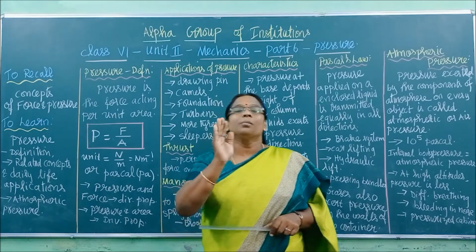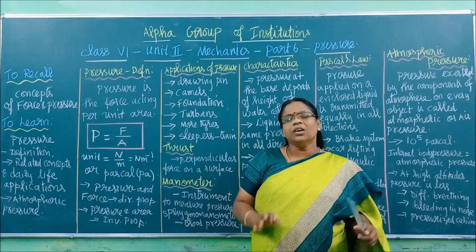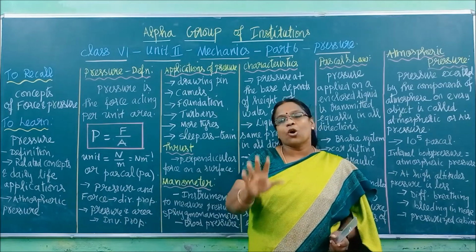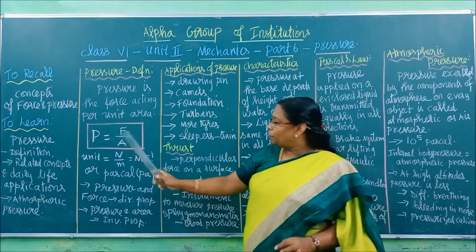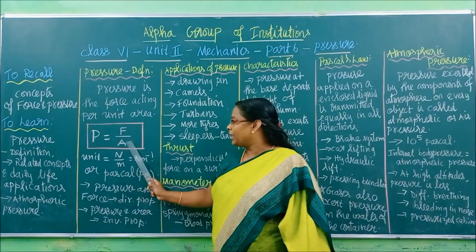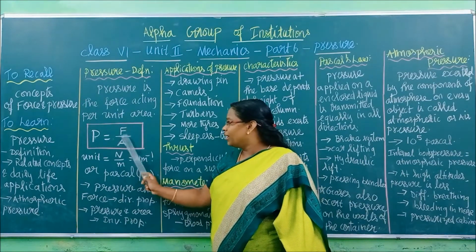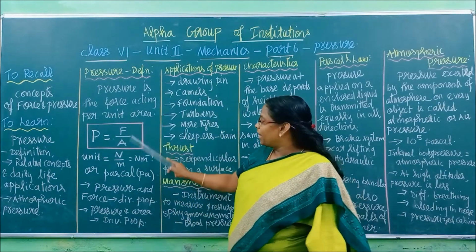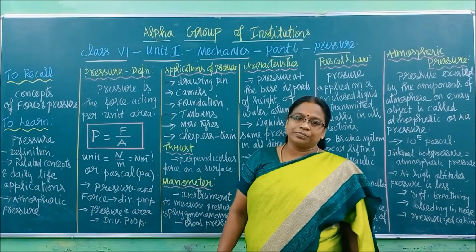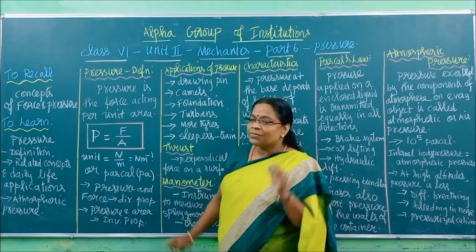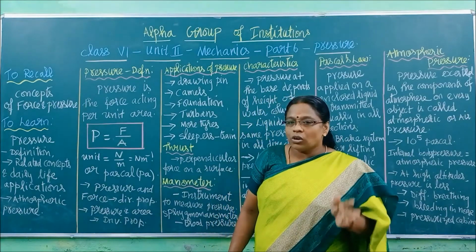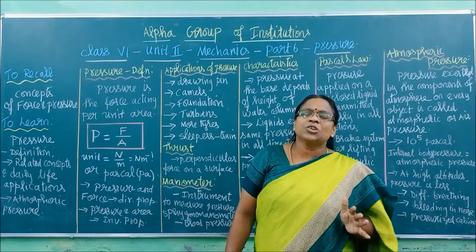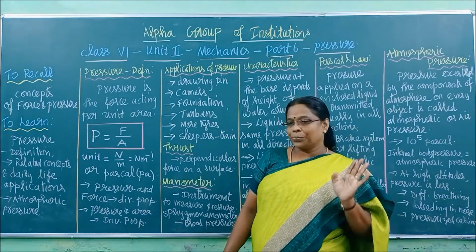That is called pressure. So generally, children, how much force is applied on an area, that is called pressure. So pressure is equal to force by area, force per unit area. Per means divided, right? Force by area is pressure. Now what is pressure? Come on, tell me. Force applied on an area is called pressure, right?